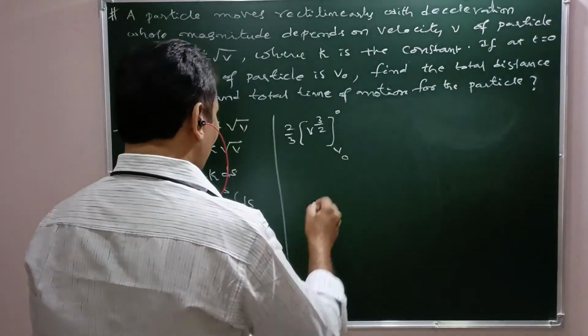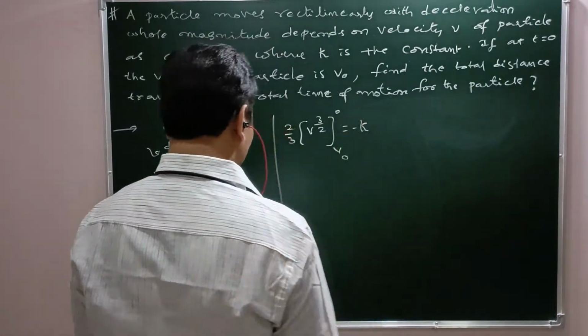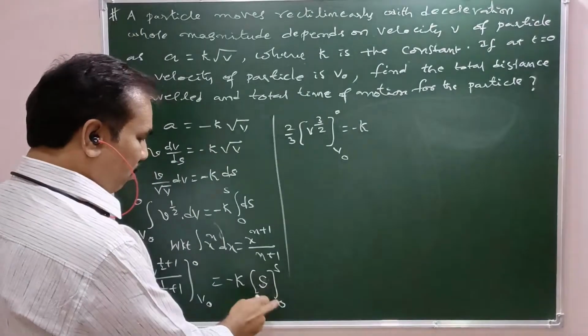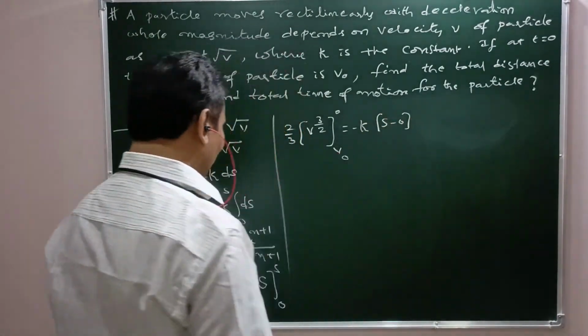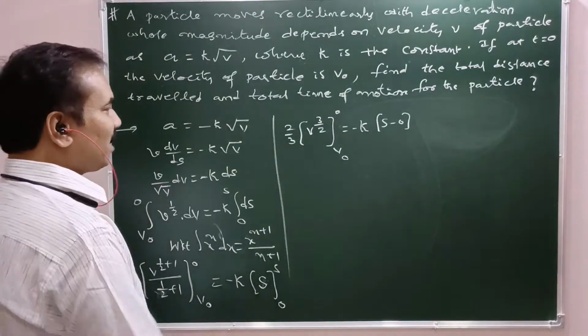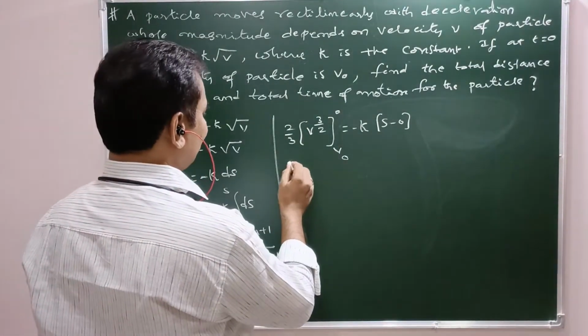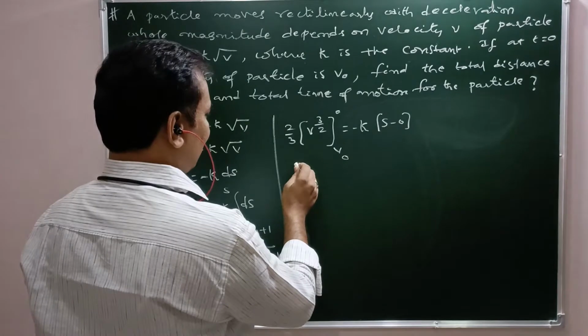V0 to 0 is equal to minus k into the integral of ds. Here the upper limit is s and the lower limit is 0, that is upper limit minus lower limit, s minus 0. So therefore 2 by 3